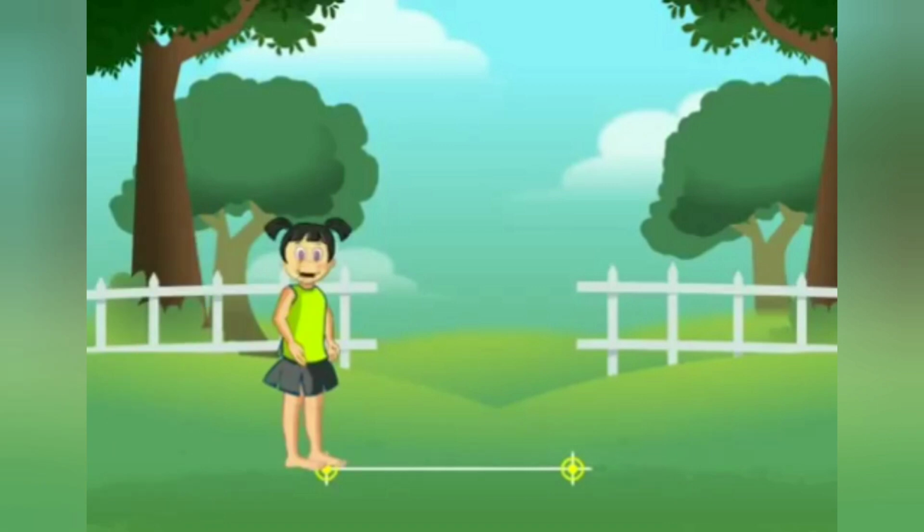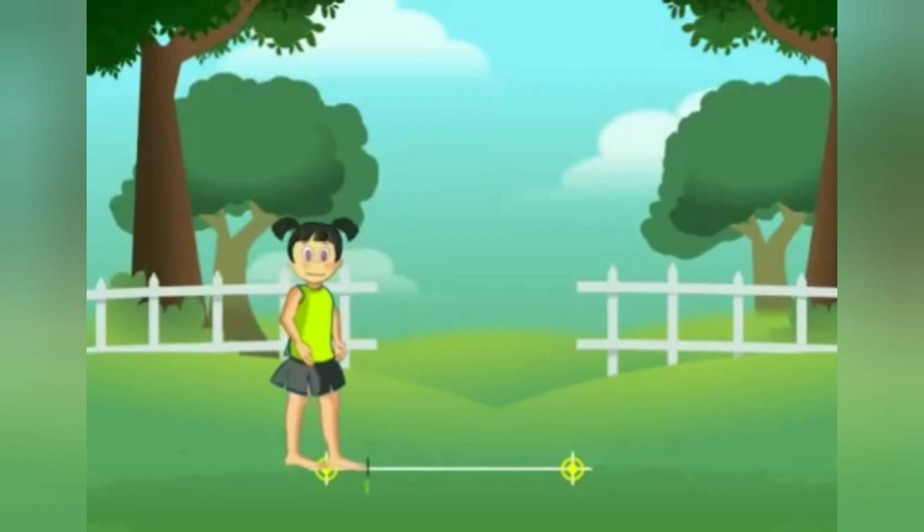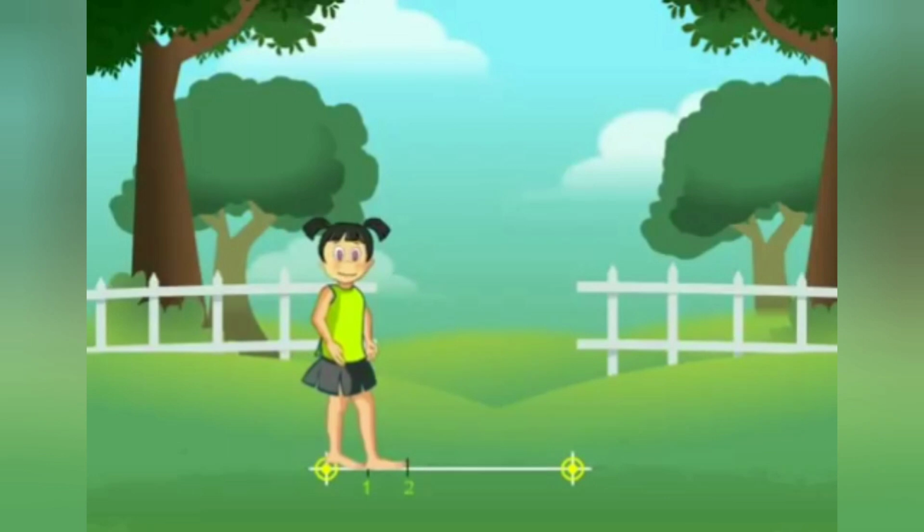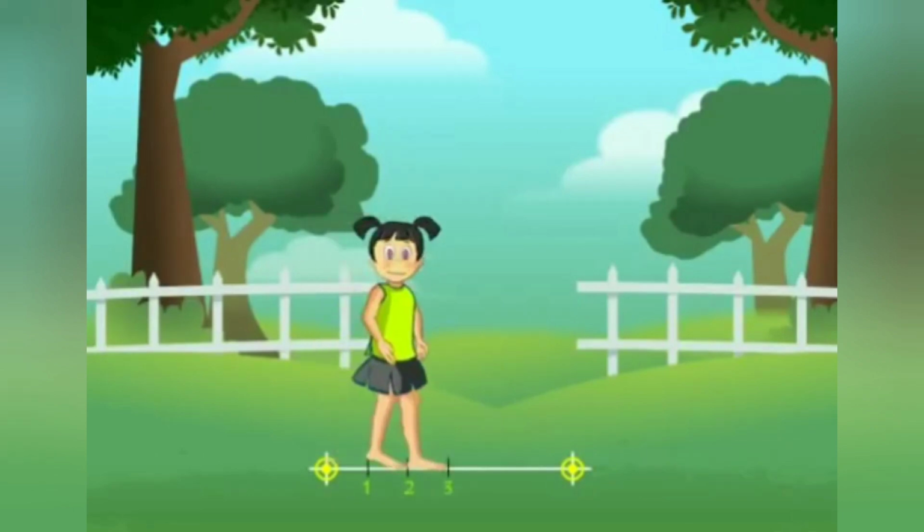Place the end of the ankle of one of your feet on one point like this, and then stretch your other foot just ahead of the first foot like this. Now lift the first foot and put it next to the second foot like this.